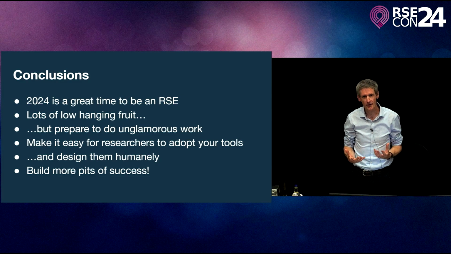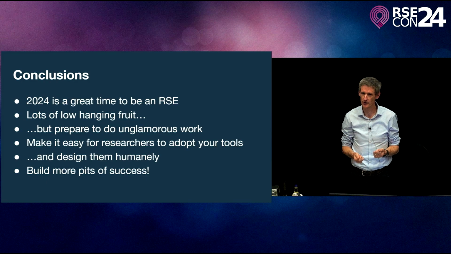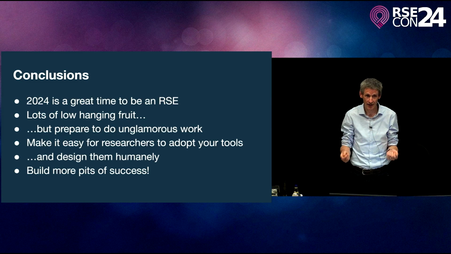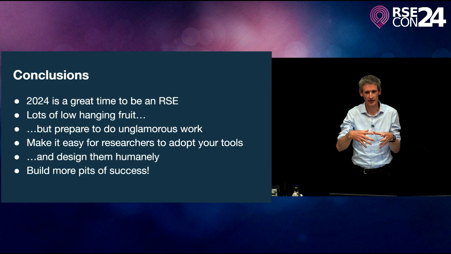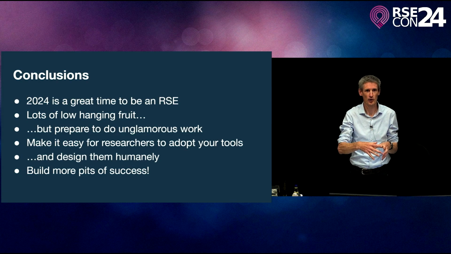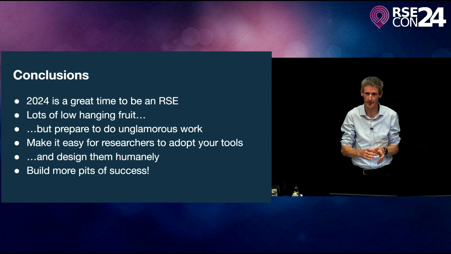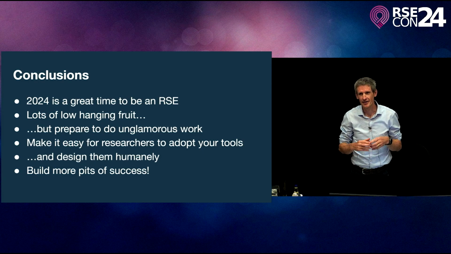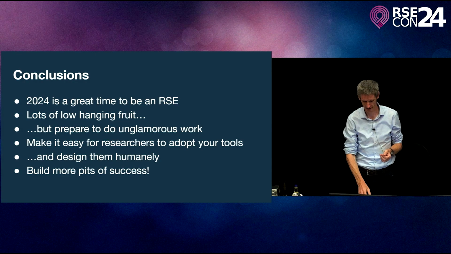I want to sort of appeal for people to make it as easy as possible for users to adopt your tools. If your README starts with handcrafting a JSON file or installing Nix or doesn't have Windows installation instructions, you're blocking huge chunks of your users, and it's easy to get into sort of a little echo chamber where you think everyone works the way you do, but research is a hugely varied group of people. I mean, you need to think about how they work. And try and design our tools more humanely and try and build pits of success so that researchers can't help but do the right thing.